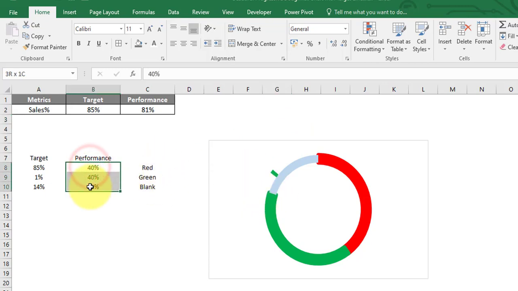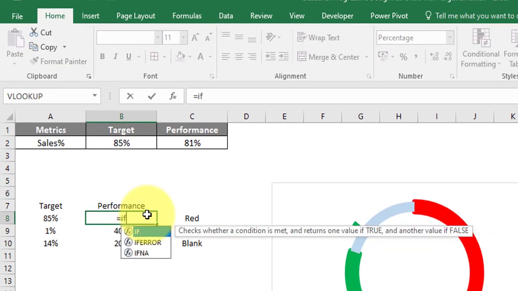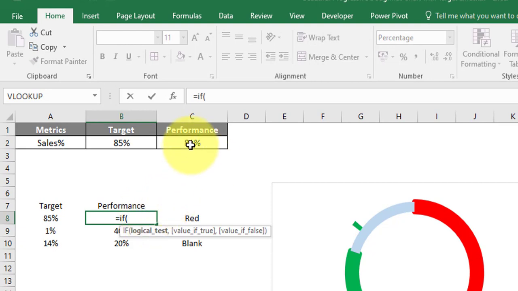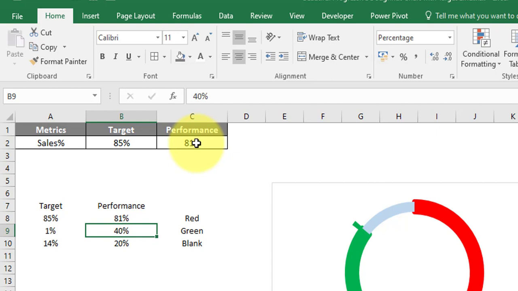As of now it's static, so for the red, if the performance, like C2, is less than the target value, then we need to show the performance, otherwise the value would be NA. Okay, now for green, let's write a formula.